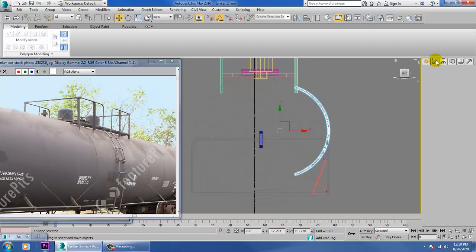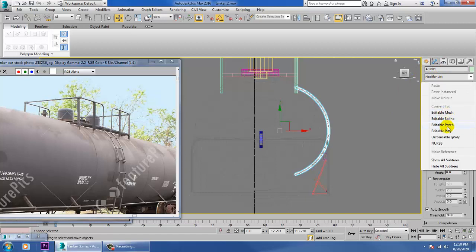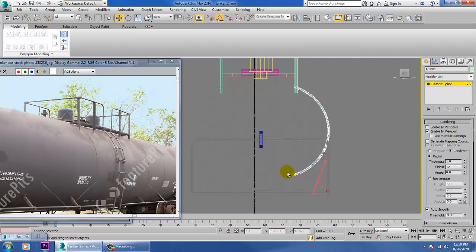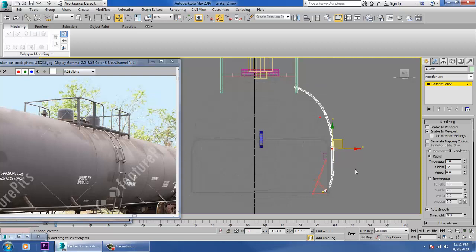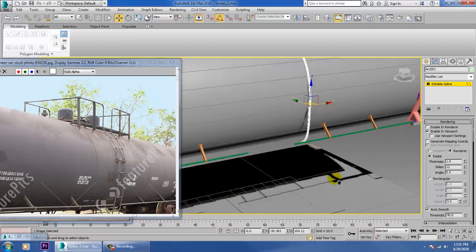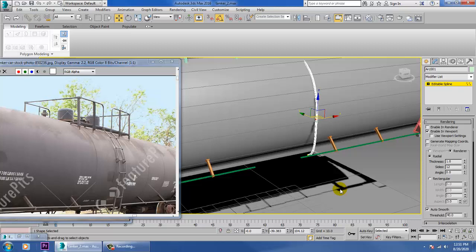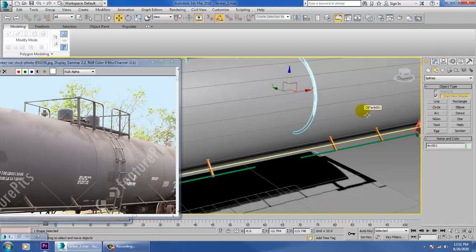So you can convert to editable spline, vertices, and if you want you can just drag it. See, even you can go with this stuff, you can make it smoother. Even you can go with the line also if you want. You can go with the line also, not a problem. You can go with the line, or else you go with the arc, no problem.